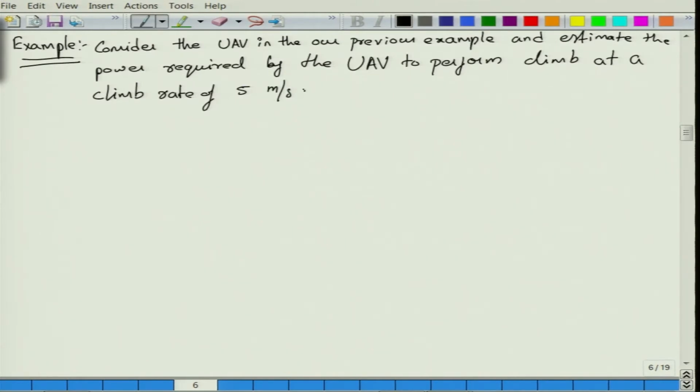Okay. For us this data is inadequate, isn't it?